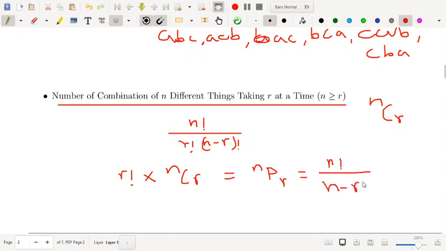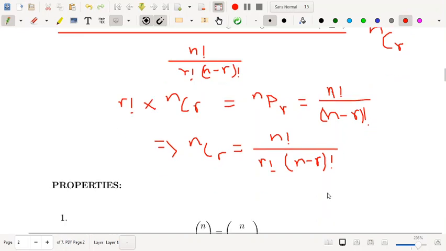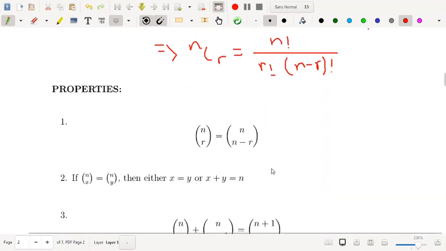So that gives you the result nCr is equal to factorial n by factorial r into factorial n minus r. So this is a very important result, and you know the notation for factorial also, the product of n natural numbers. Okay, now you see there is a formula, and there are more properties on that.